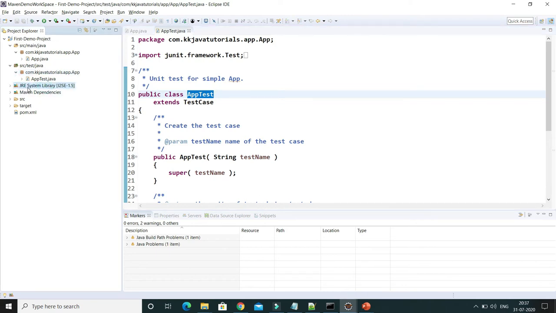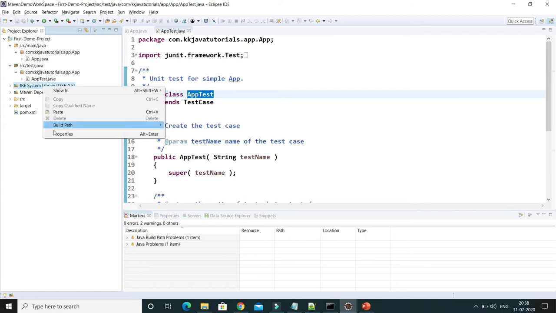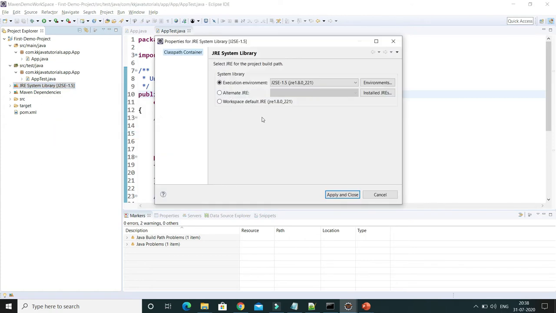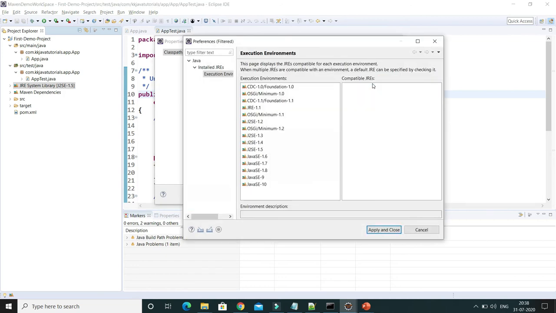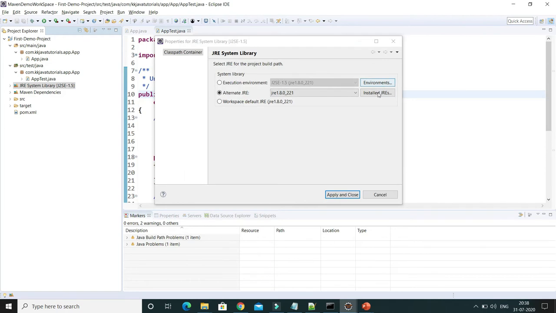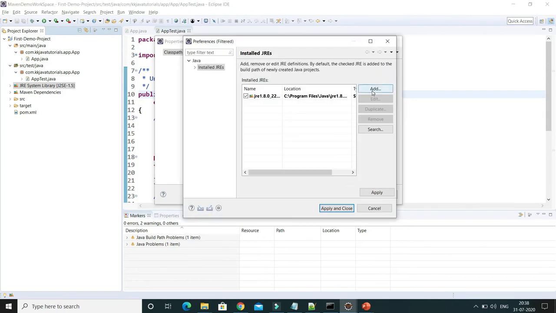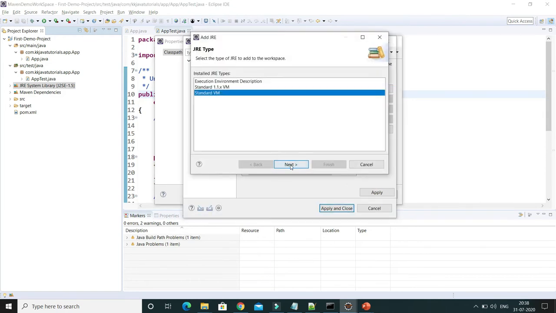Now we have a JRE library, which has been added automatically, but here it has added 1.5. You can right-click and add the latest JDK installed on your machine. So here I'm going to browse the latest JDK. I'll go to Installed JREs, then Add, and Standard VM.